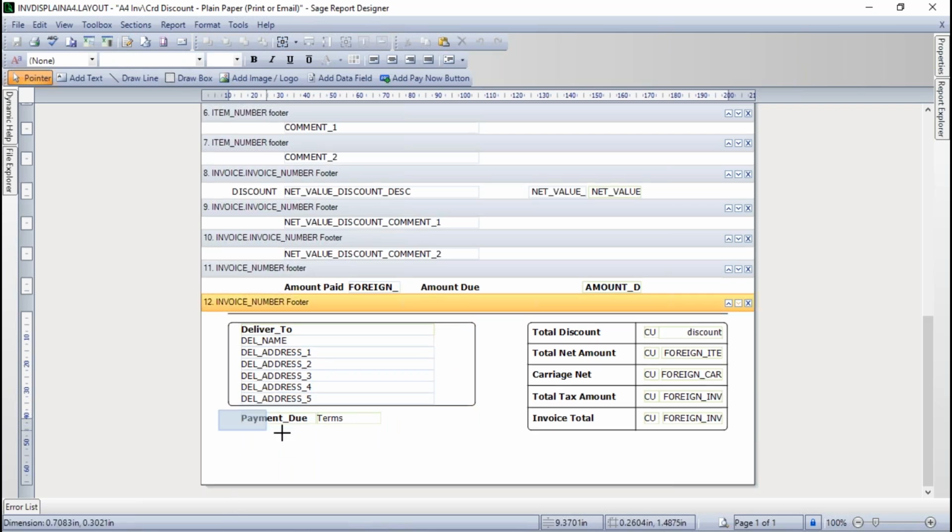Now, what I'm going to do for these ones, I'll get rid of that for the time being. So literally, if I wanted to get rid of something, I would just click on it and I could just press delete on the keyboard. However, if I just wanted to simply move it, I can click on it to highlight it, and then I could just drag it with the mouse. Again, this is the kind of thing that's the basics. They're covered in our recorded webinars. So again, do check those out. For this terms, what we term a data field, I'm just going to highlight it, click delete on the keyboard